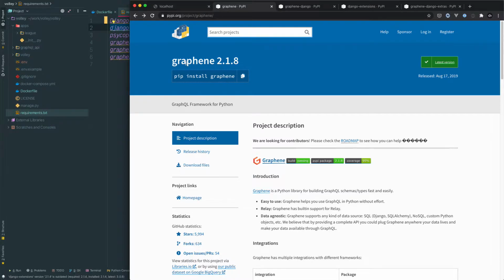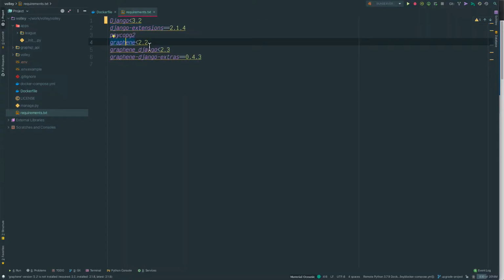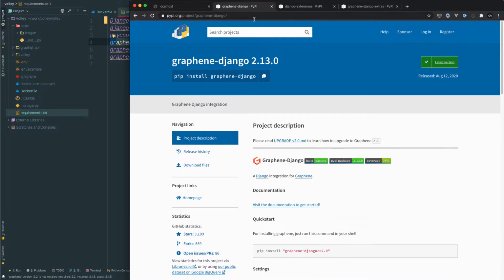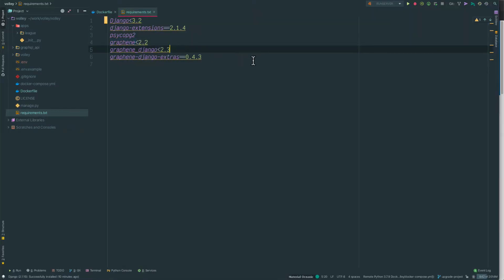And for the rest of them, I already found them on PyPI, so we can just see what the latest versions are. Let's do Graphene first. It's 2.1.8 Graphene, so I guess we're okay with that. Nothing's changed really. And then Graphene Django is 2.13 and we're on 2.3, so let's hit less than 2.14